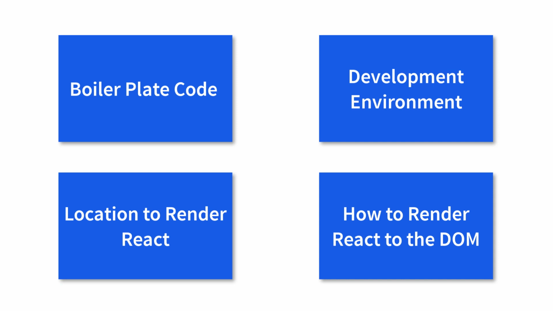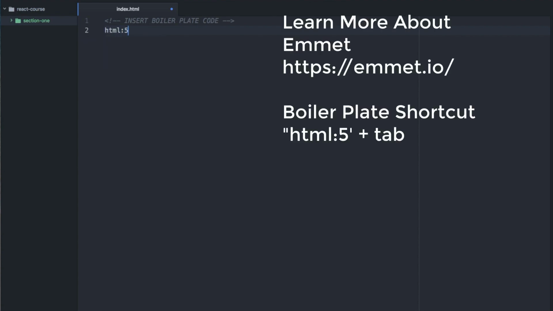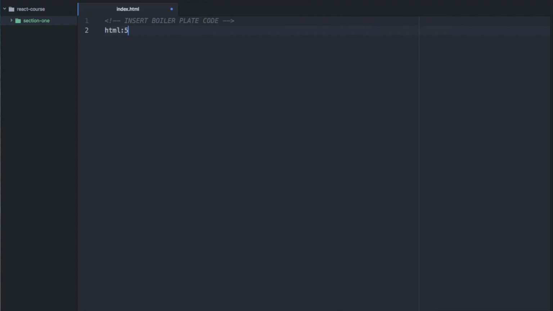Alright, let's get started. Let's first create our boilerplate code. This course does assume some light knowledge of HTML, so HTML will be addressed as necessary when it comes to React, but we won't teach it at a completely introductory level. However, we'll establish the quickest way to get this going for all of our upcoming lessons with Emmet. Emmet allows us to write in HTML5. Currently, this isn't very helpful, but once we press the Tab button, all of our boilerplate code is written